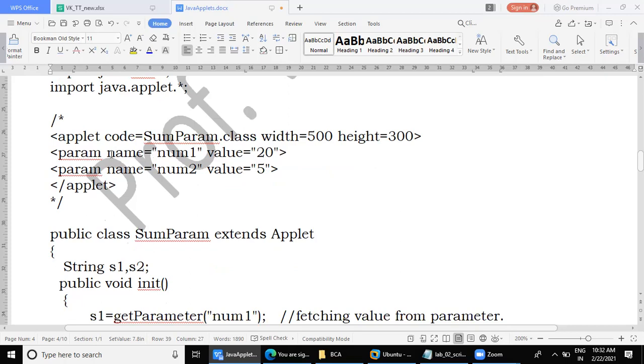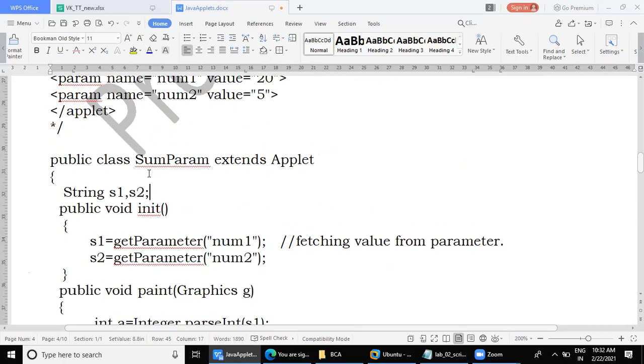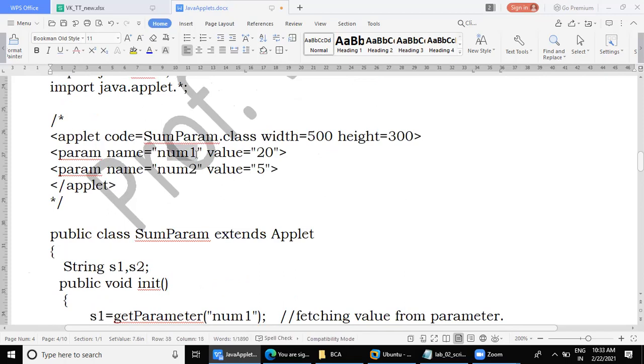See, how do I fetch these values from the names num1 and num2? Look at the applet. I have strings s1, s2. Remember, whatever values we pass through parameters, they will be of type string. If you want to add, what you have to do? Convert to integer. Then again, after addition, convert to string.